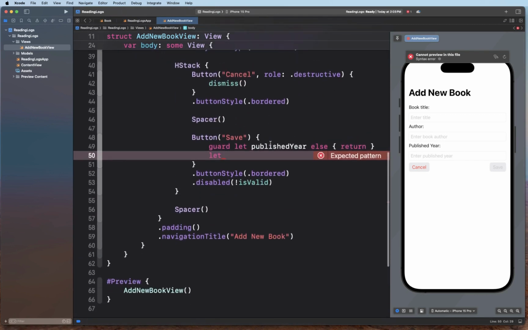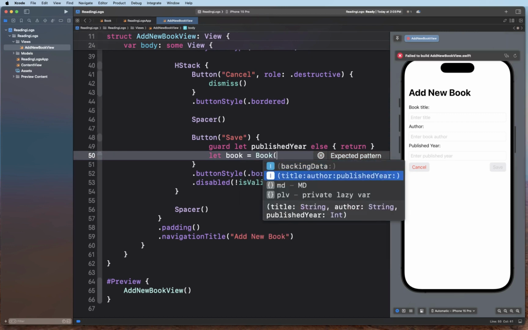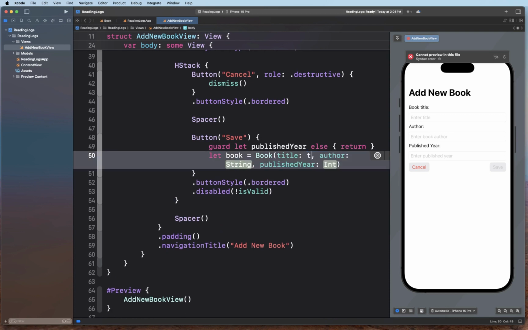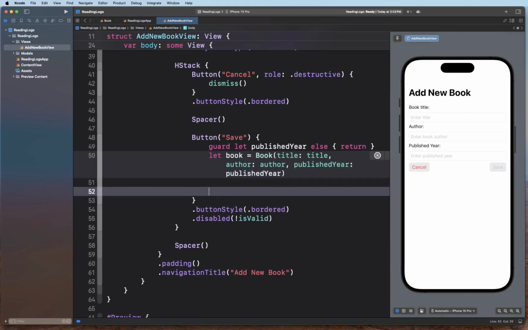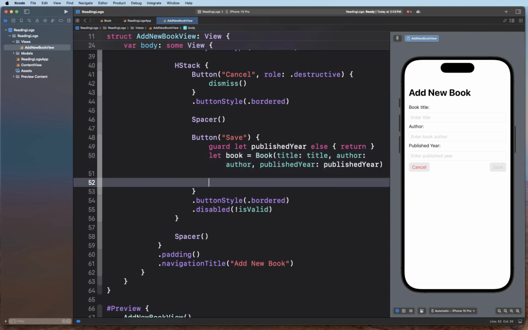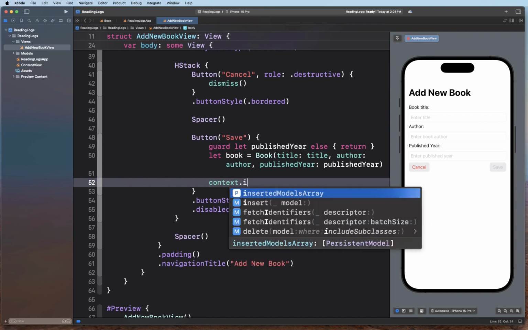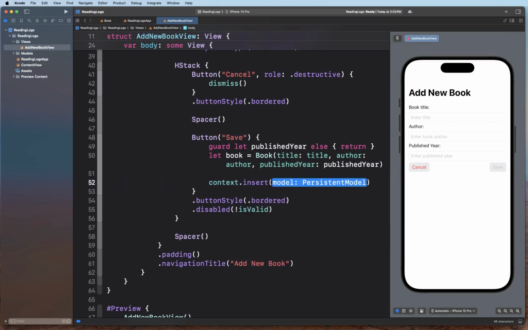Okay, now the other thing is we want to create a book instance by creating a Book, and Book takes a title, for which we can use the title value, an author, for which we can pass the author, and the published year. So we can pass all this information and create an instance of Book. Okay, now this book instance can directly be saved using the context by inserting it into the context. So we're going to say